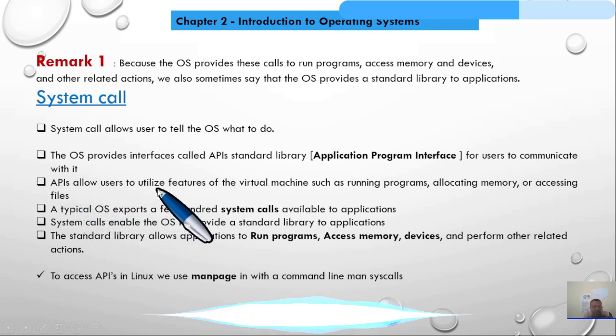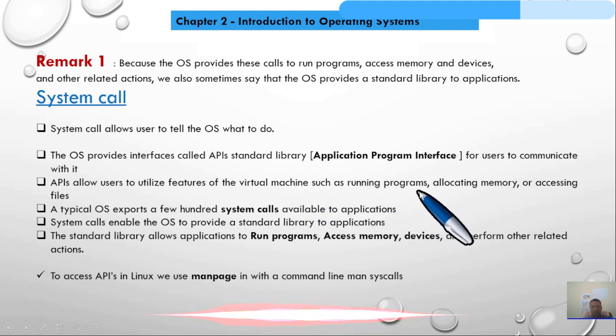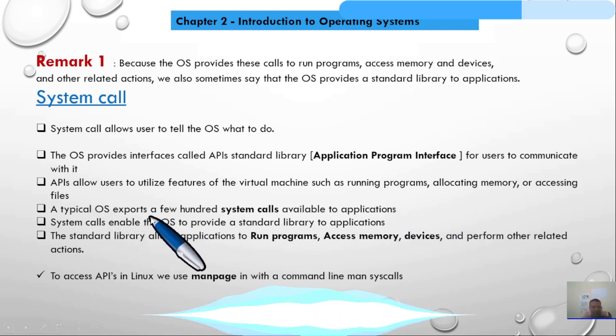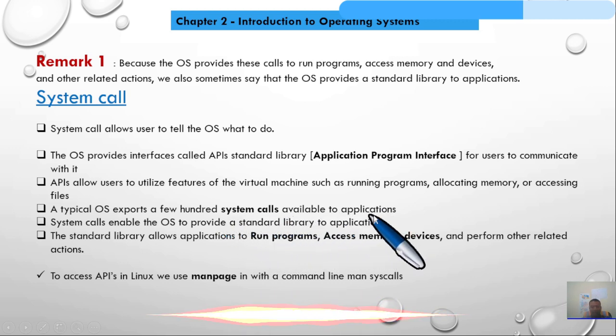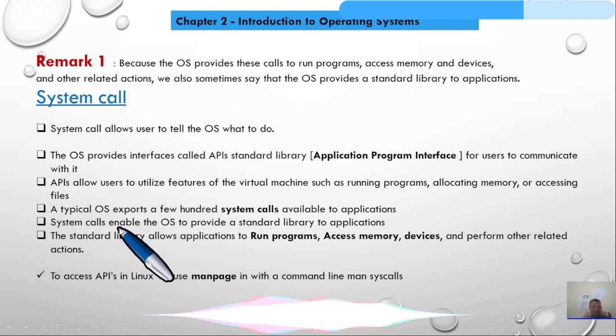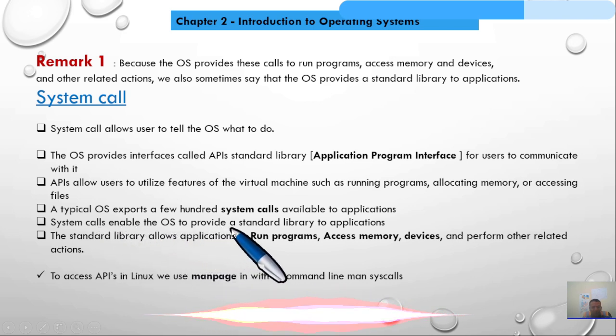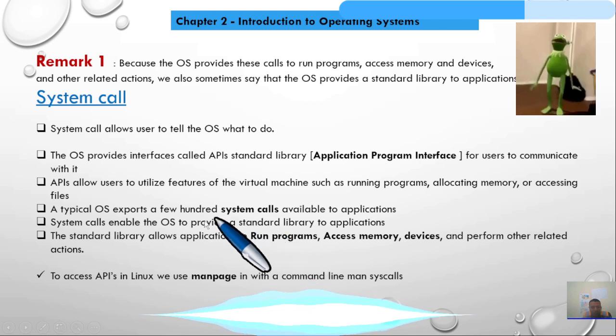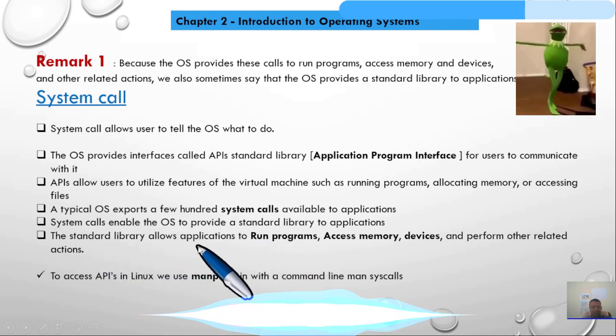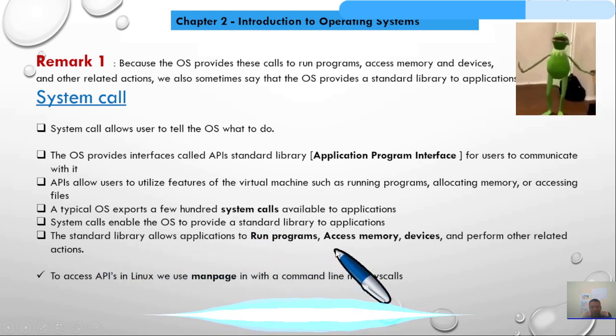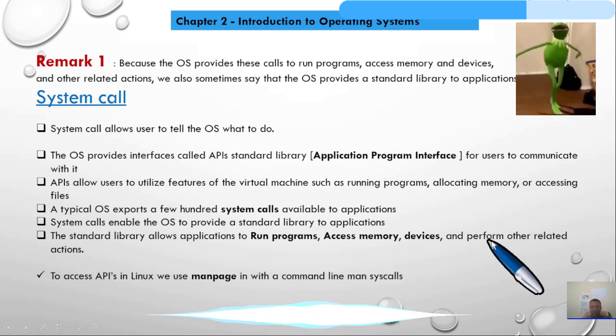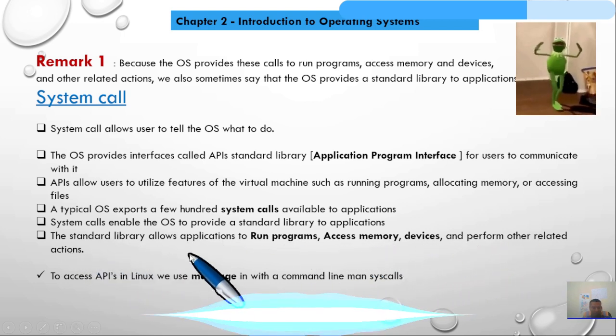APIs allow the user to utilize features of the virtual machine, such as running programs, allocating memory, or accessing files. A typical operating system exports a few hundred system calls available to applications. System calls enable the operating system to provide a standard library to applications. The standard library allows applications to run programs, access memory and devices, and perform other related actions.